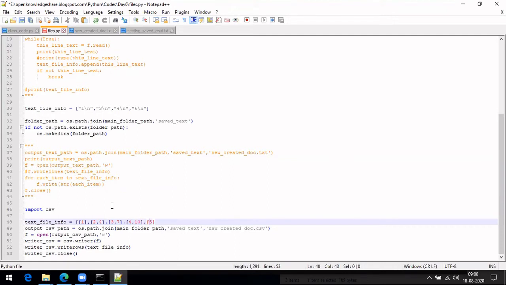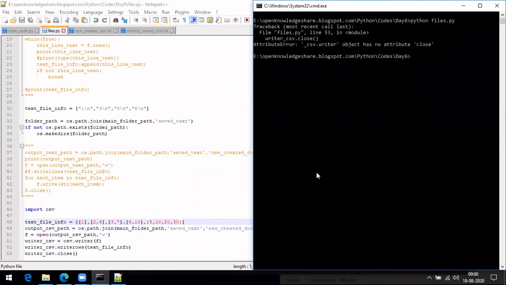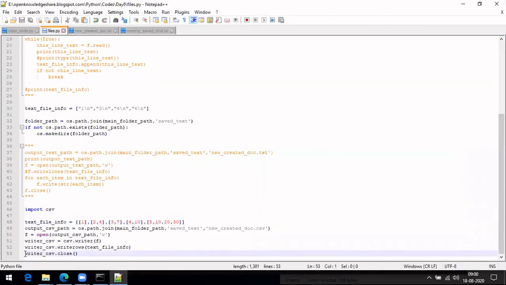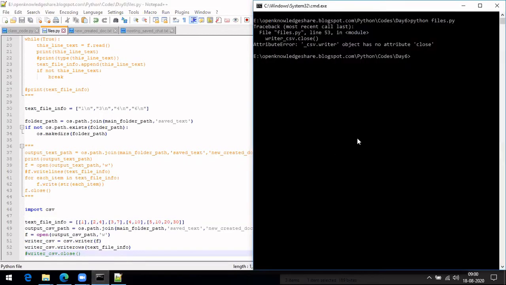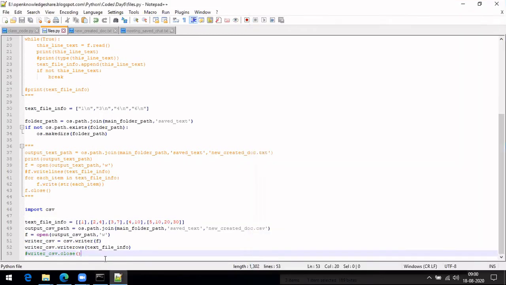It says no attribute close. Oh, what is that? Anyway, f dot close we have to use.